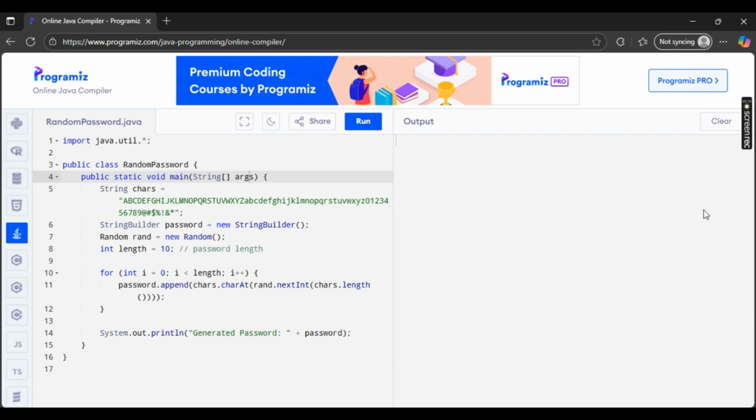Then we use the Random class to pick random characters from that list. So we have been doing it commonly in our previous videos as well. By looping through the length we want, let's say 10 or 12, we keep appending random characters to form the final password. So as you can see, the result, every run gives you a totally different, strong password